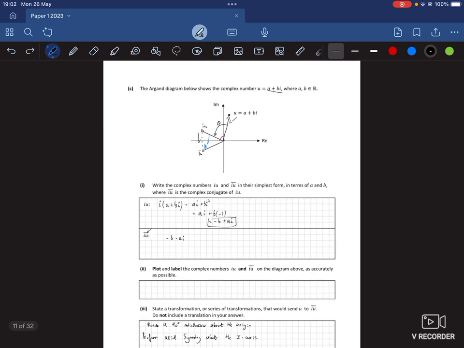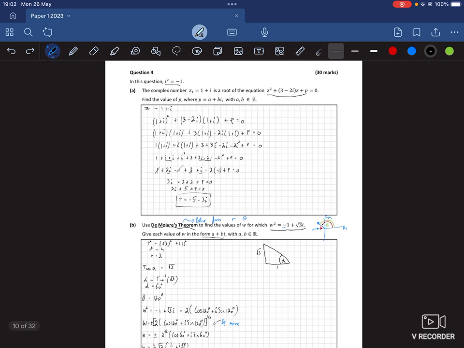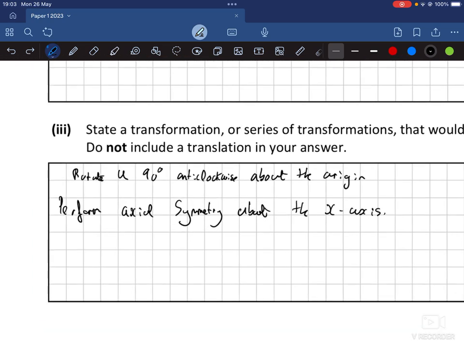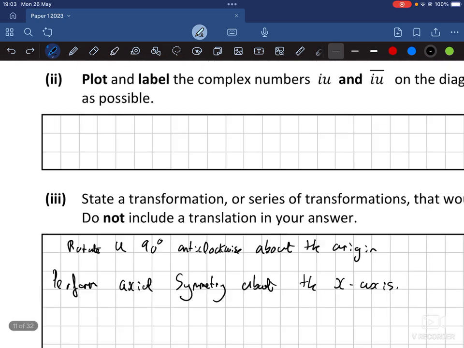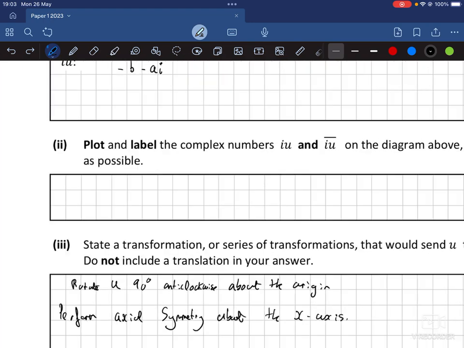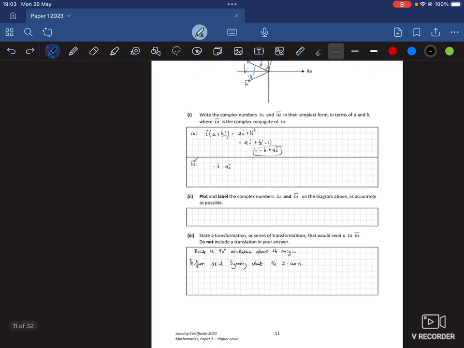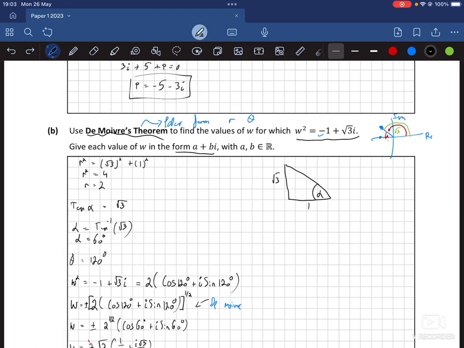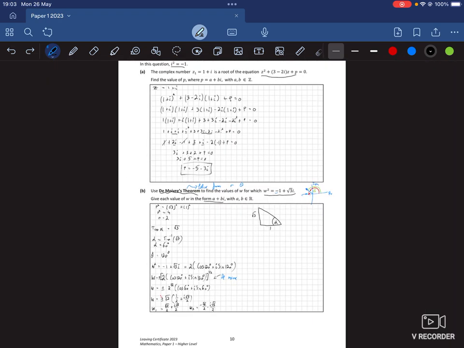Honestly, that's a really tricky question. So I wouldn't worry at all, especially with the transformation part. I wouldn't worry about this at all. This part is just a bit of algebra, to be fair. The plotting and labeling was a little bit harder. I'd focus a bit more on de Moivre's theorem. It's probably worth the most marks. I think even this year was worth a lot, so